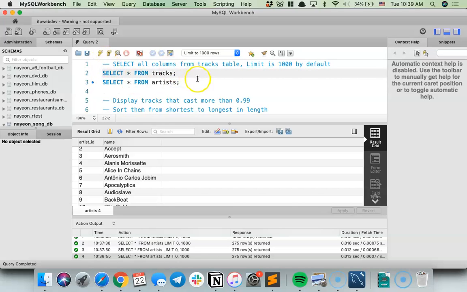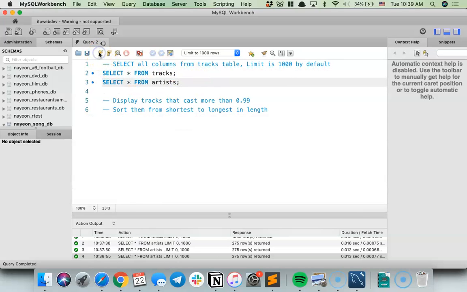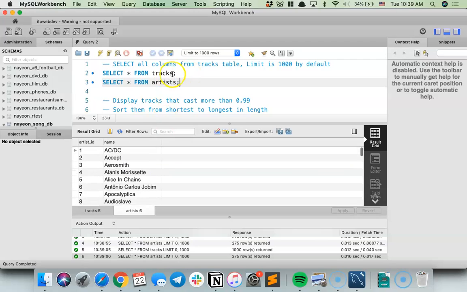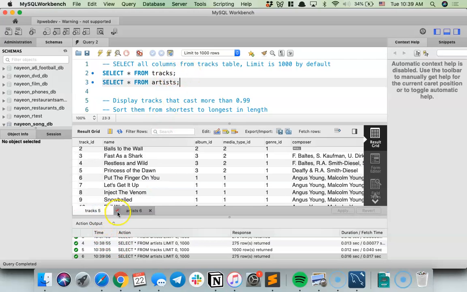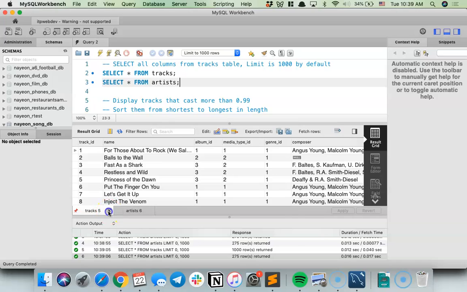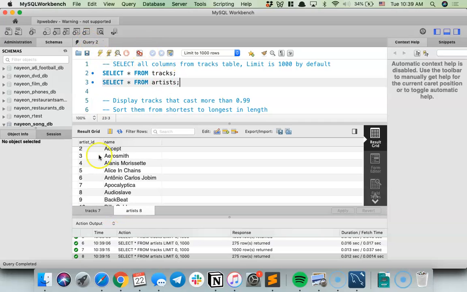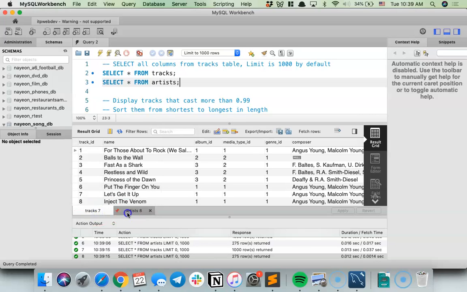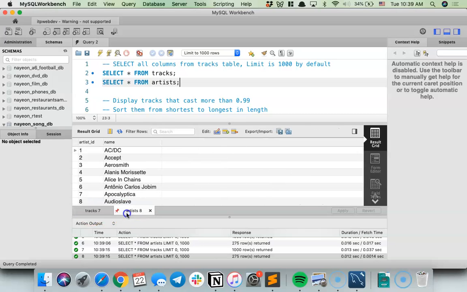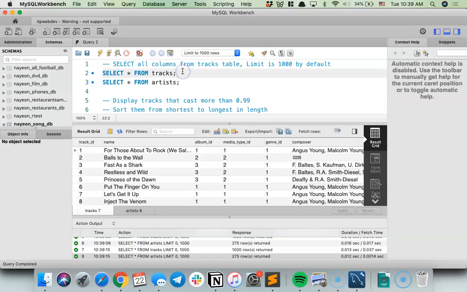If I click on this first Thunderbolt, it'll run my entire script. If I click on the Thunderbolt, it just gives me two separate results. But when you're typically writing SQL, you're typically only running one command at a time anyway.